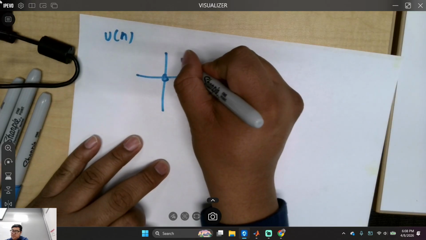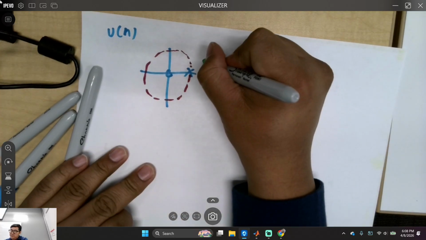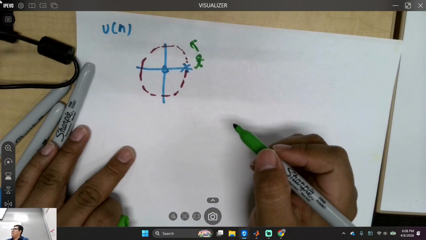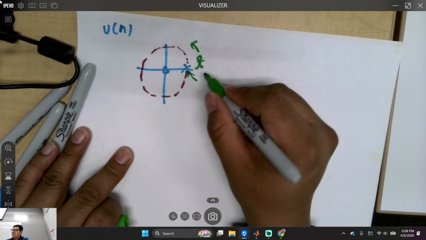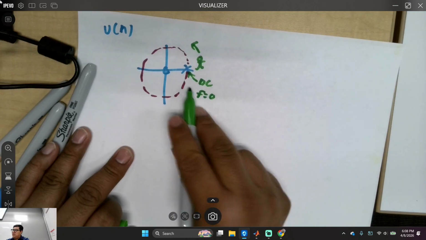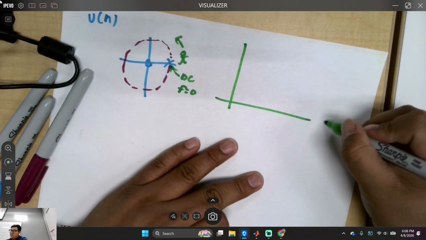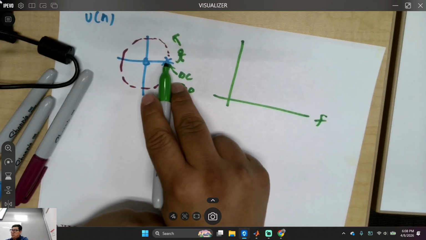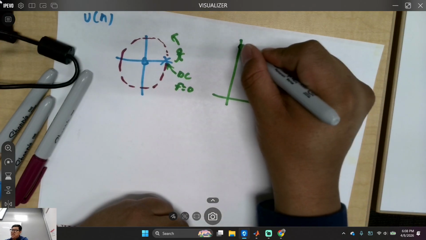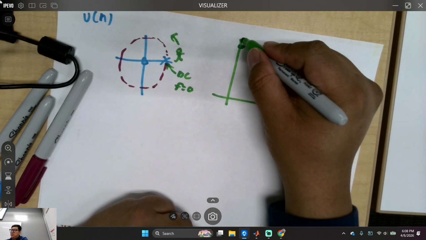So I'm going to draw this unit circle right here. I'm going to start running around, okay? I'm going to run around the circle. Is that cool with everybody? This point right here should be known as DC. All right, DC, the frequency is equal to 0, right? And there's a pole right there, right? So if I were to draw my Fourier transform frequency, right? What's the value that I'm going to get there? Well, close to 0. It's going to be high, right? Like some infinity number, right? Does that make sense? It's going to shoot up.